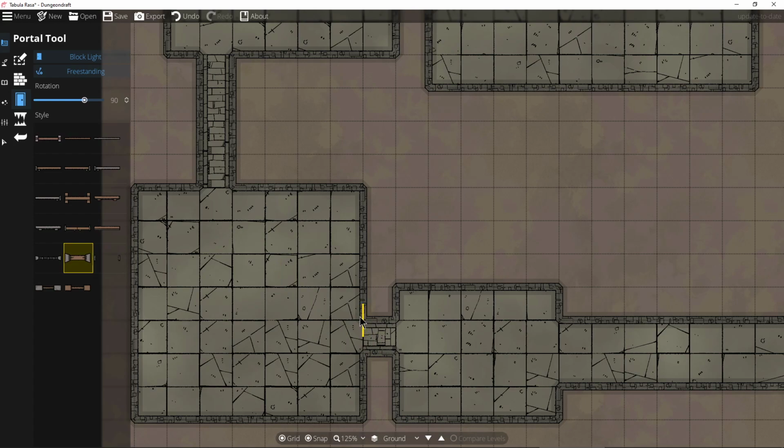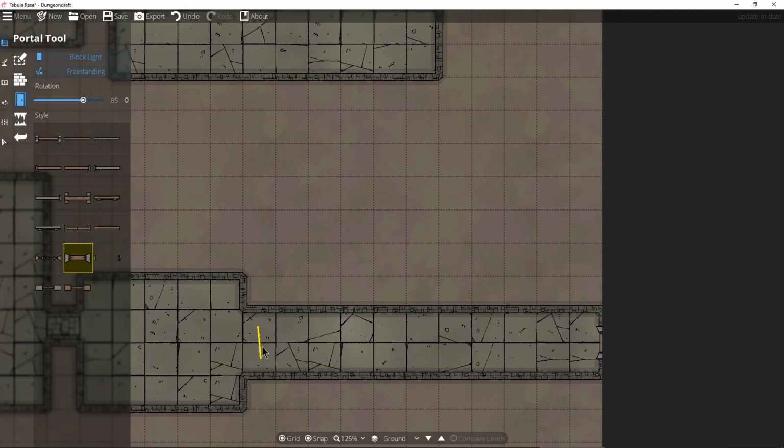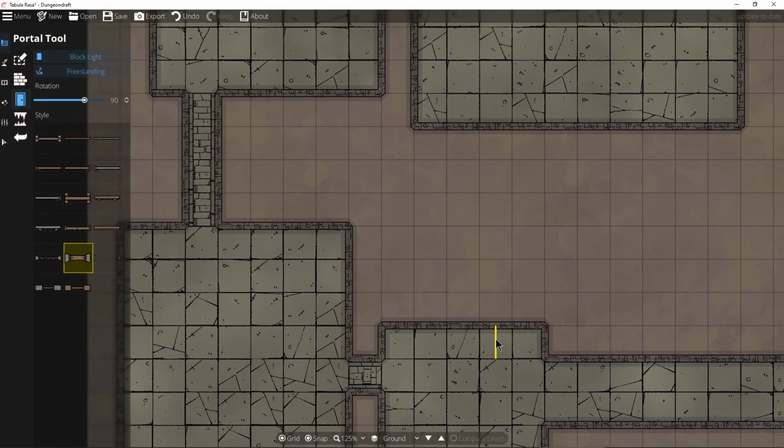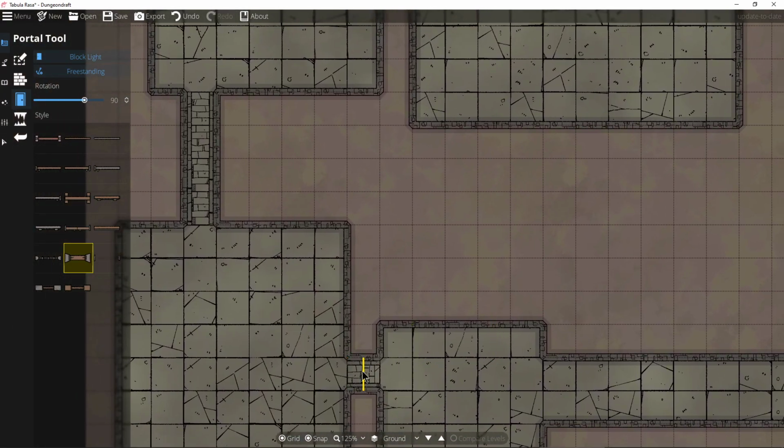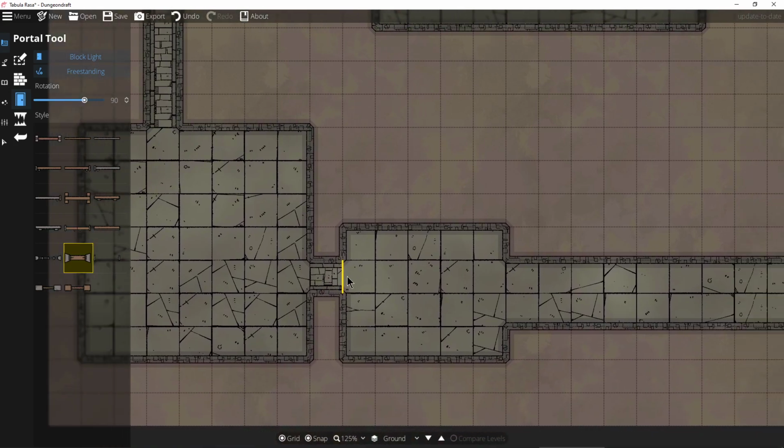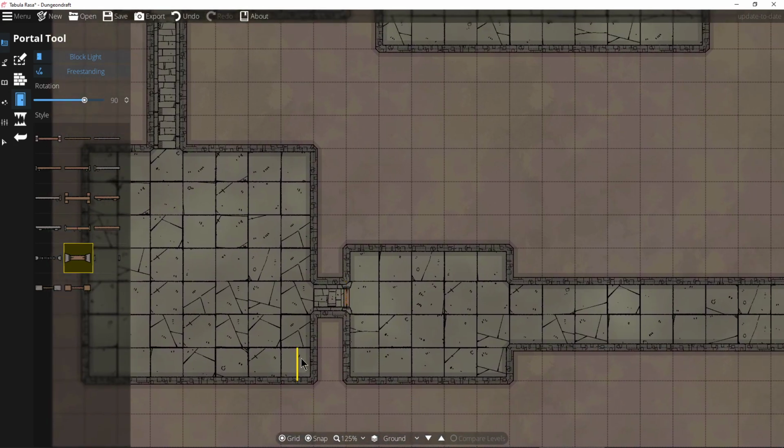And you can use the mouse wheel to rotate. That's nice. It's rotating in 5 degree increments. That's nice. Very nice. We'll go ahead and stick with the same door throughout the whole dungeon just to make it a little nice. I think we'll stick a door here